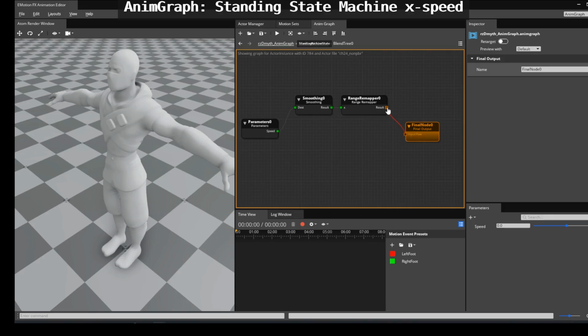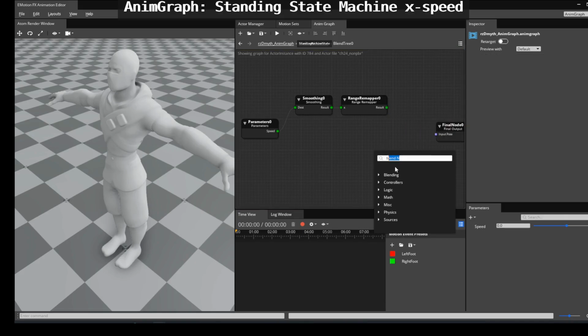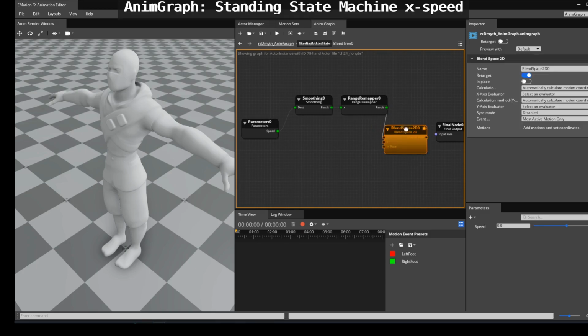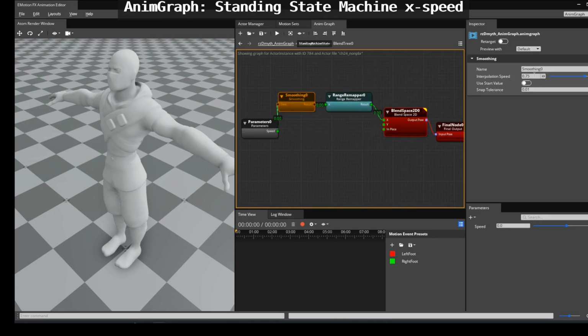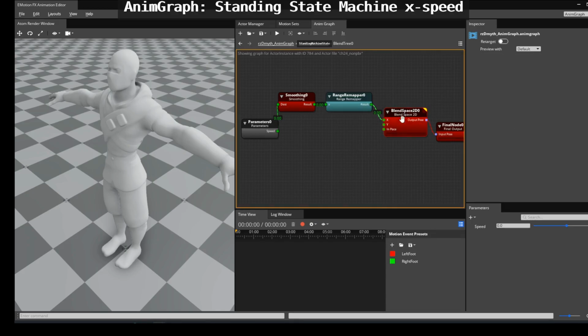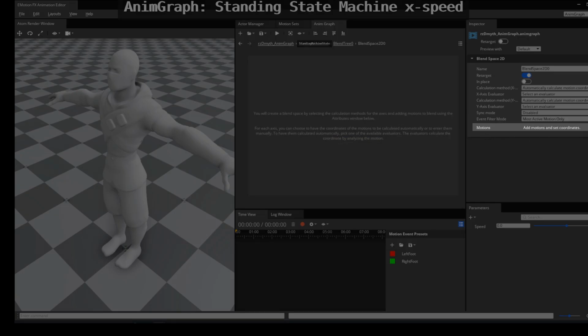And the range mapper, in practice, you wouldn't need it for now, but I always put it there, so in case in the future I want to change the input to the output, we already have the node there. So in other words, the responsibility of the range remapper is, for example, if you had an input that is -1 and you want to pass it as an output as -100, that node will allow you to do that. You double click the blend space 2D